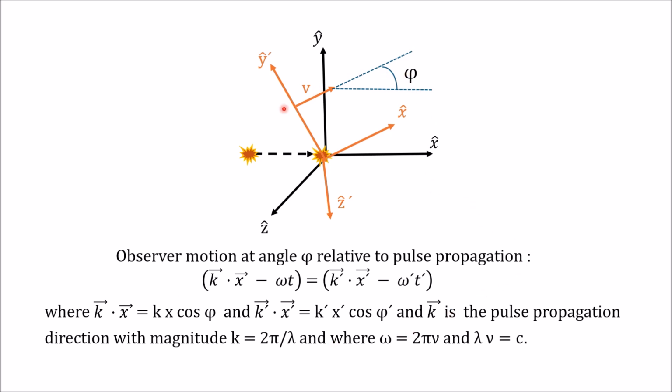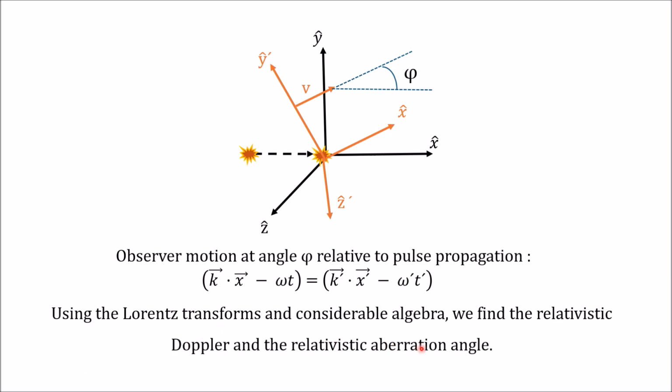And he put these things in a three-dimensional form, and this is what those equations go on. The dot is just indicating that you've got a pair of vectors. K vector, a propagation vector, is along the direction of propagation of the pulse. And what you wind up with then are these equations that you must solve. When you solve those equations, you can find the Doppler expression and another expression called the aberration. Both important elements of Einstein's work that prove to be what the real special relativity is.